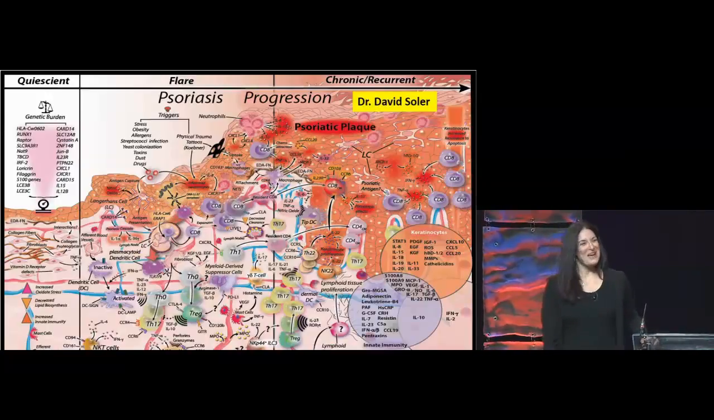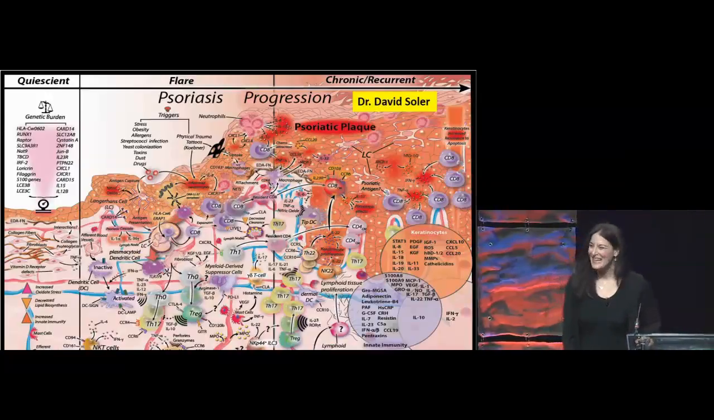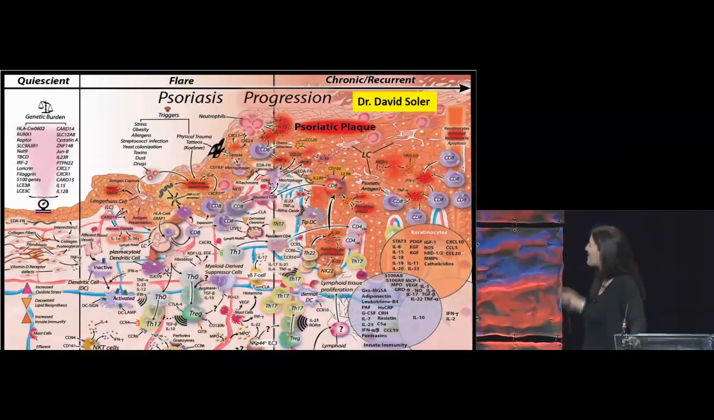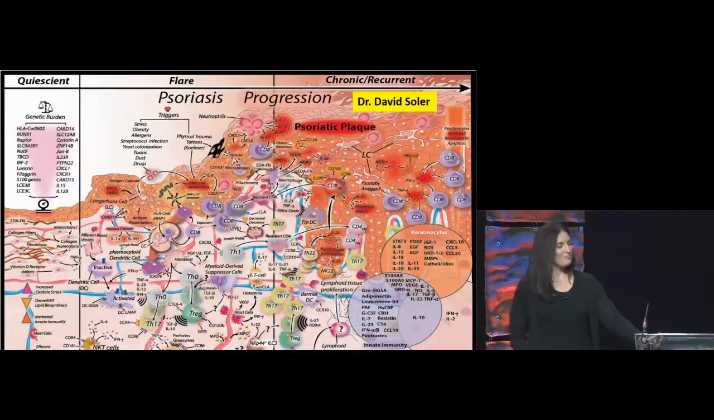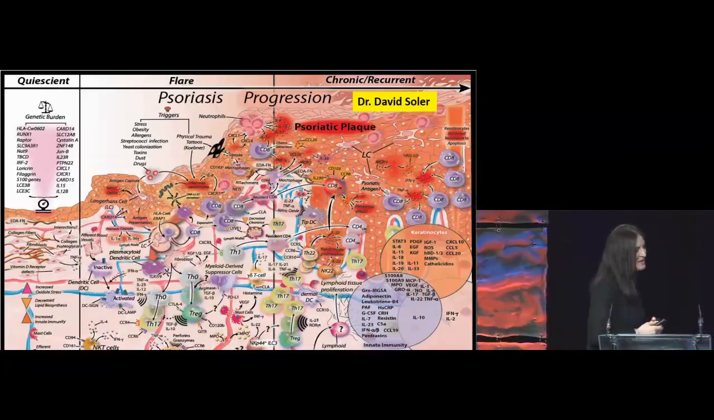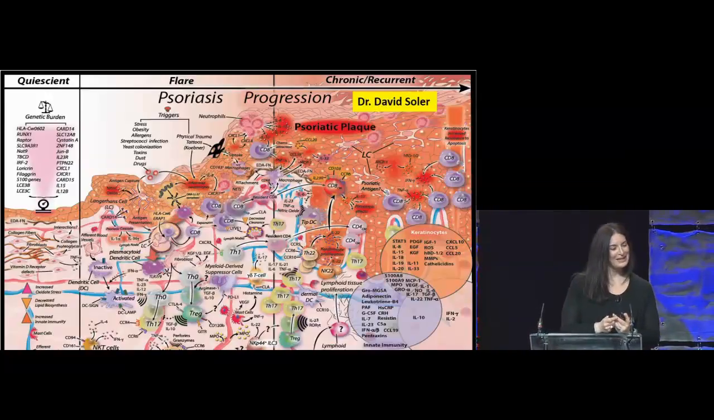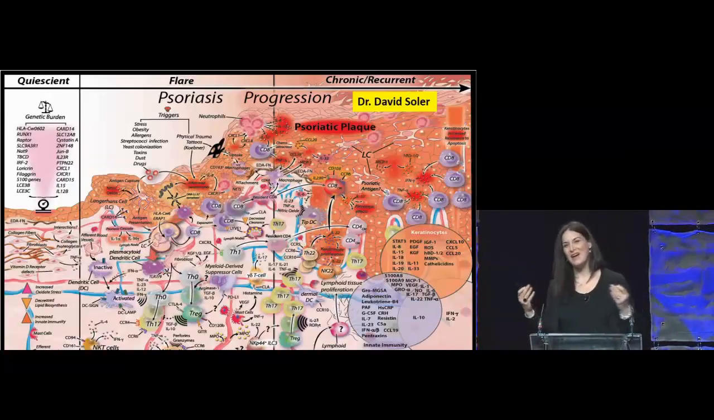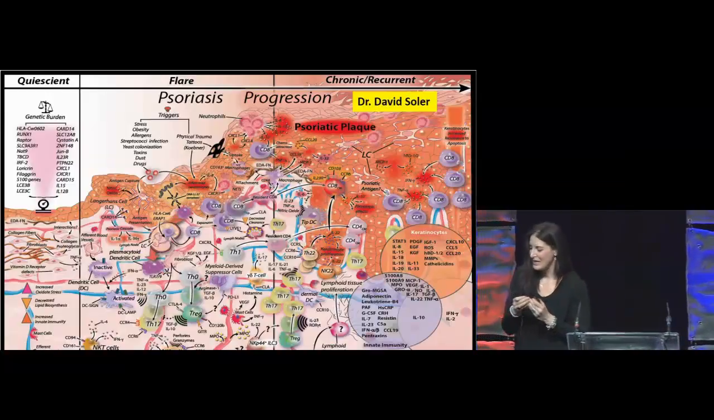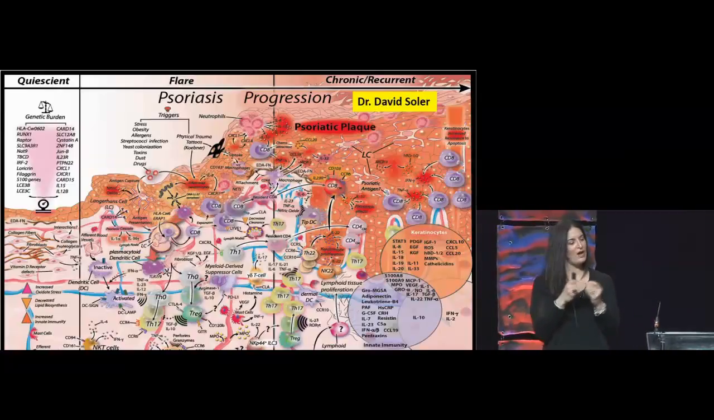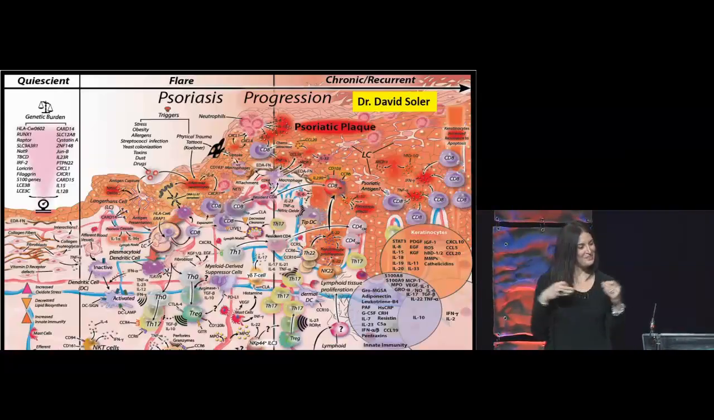So psoriasis pathogenesis is rather complicated, and this is a cartoon made by a postdoc in our department, David Solar, and I hope you can appreciate that there's pretty much almost every single cell type and every single cytokine that is known to man or woman on this cartoon. And trying to understand how the disease actually happens, how we can drive it into remission, has been a long